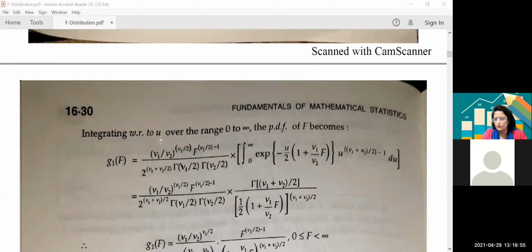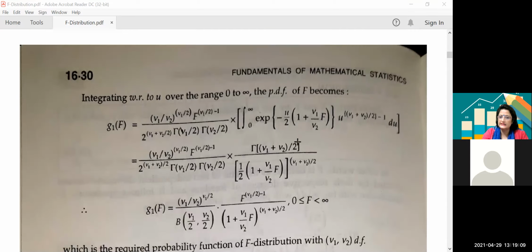जो independent of, जिसमें f नहीं है बेटा, ठीक है, जिसमें सॉरी आप u के विद रिस्पेक्ट टू कर रहे हैं, तो f वाला सारा जो है और जो कांस्टेंट है वो बाहर आ जाएगा। अंदर जो है 0 to infinity e raised to power minus u by 2 (1 plus v1 by v2 into f) into u raised to power (v1 plus v2) divided by 2 minus 1। तो ये एक स्टैंडर्ड आपके पास फंक्शन है, इंटेग्रल है, जिसको हम गामा की वैल्यू, गामा इंटेग्रल की वैल्यू इसमें से डिराइव करेंगे। अब आप देखिए ये वाला सारा पोर्शन है एज इट इज लेफ्ट पे जो पड़ा